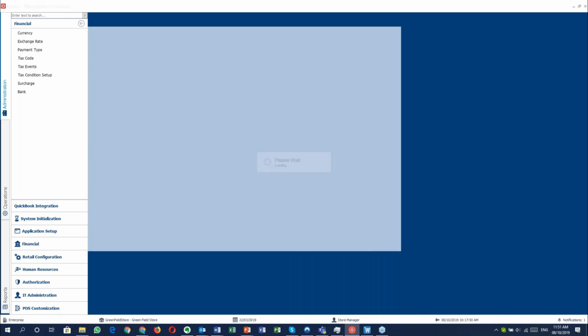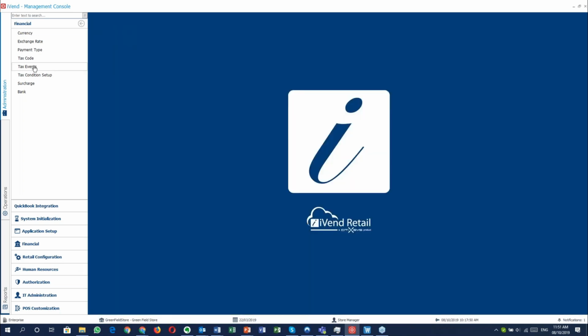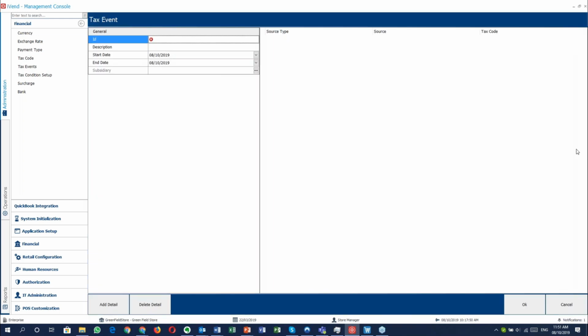Let's go through tax codes, which we did see earlier, and how to set those up. There's also what we term tax events. Now, a tax event is,